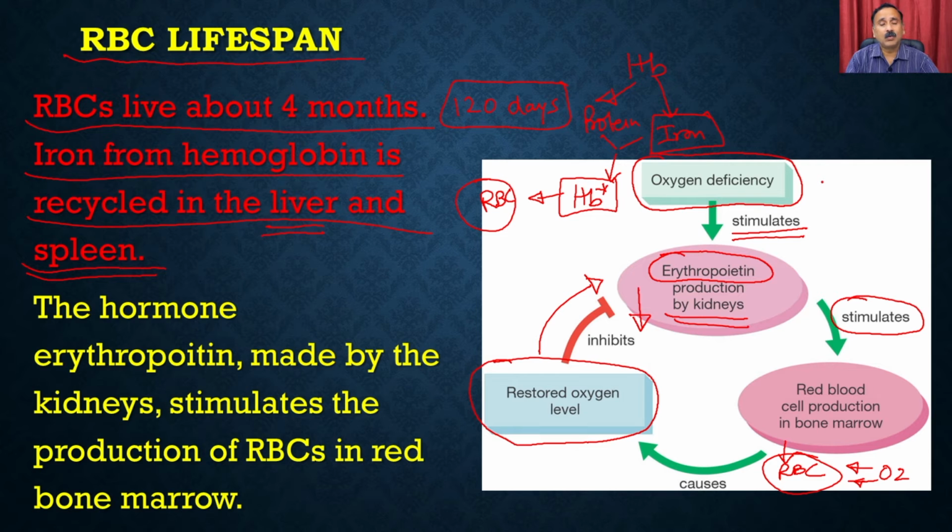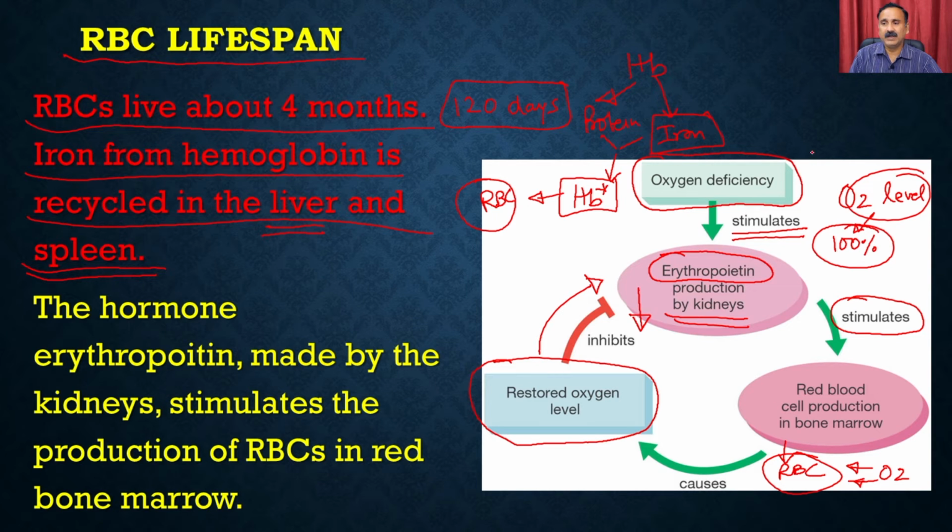Remember that during corona, people were saying that you should always monitor your oxygen level, right. So, oxygen level is very important, right. Normally people should have 100% saturation, but if the oxygen level goes down, whether naturally or because of some disease, this is going to happen, right. But the erythropoietin is going to be produced from the kidney, and that is going to stimulate a large quantity of RBC production. You might have observed, right, the people who go to the hilly areas, for example,